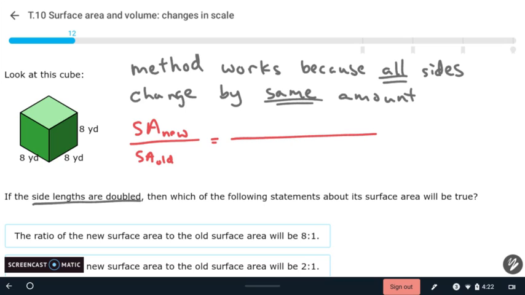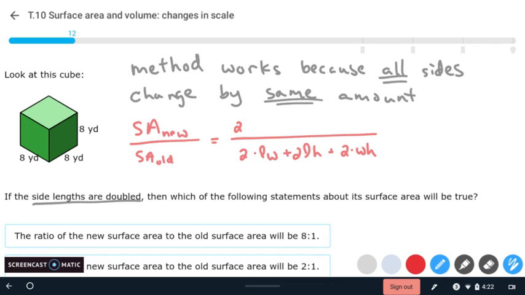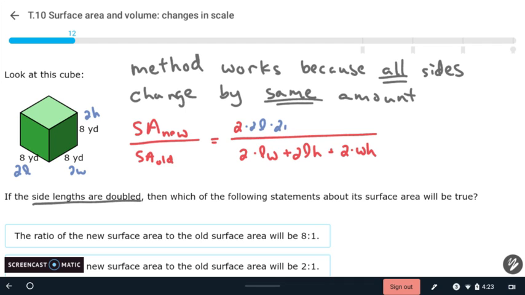So for the old shape, we've got 2 times the length times the width plus 2 times the length times the height plus 2 times the width times the height. Then for our new shape, we've got 2 times, but this time our length, width, and height are all doubled. So we've got 2 times this, 2 times the width, 2 times the height. So we've got 2 times 2L times 2W